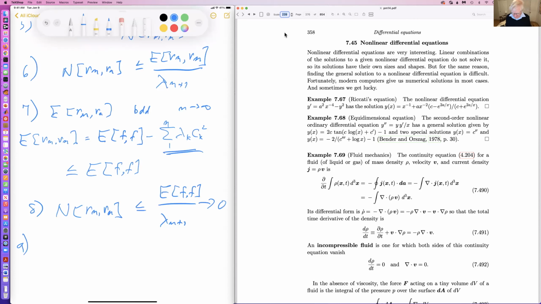And then that completes the proof of what we were trying to prove, but an additional statement is that one can actually show that this series, this sum of, let us say, ck uk of x approximating f of x,